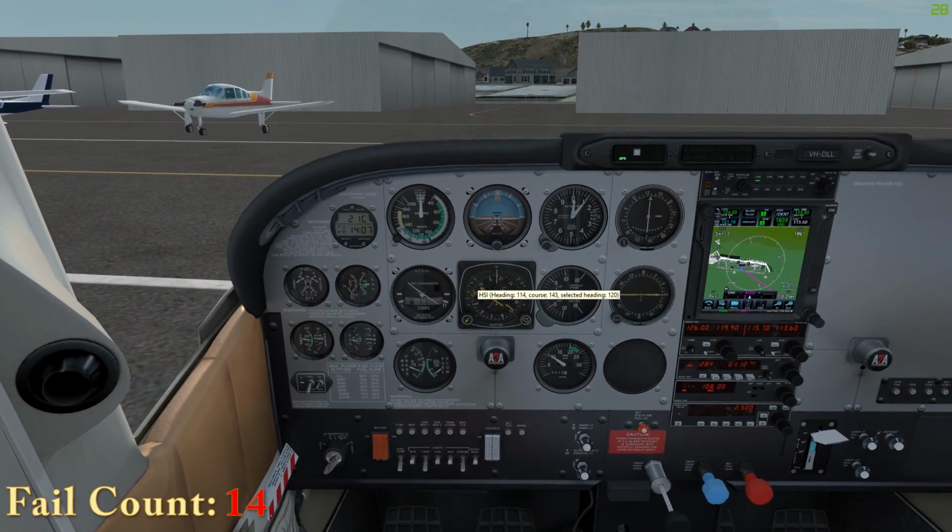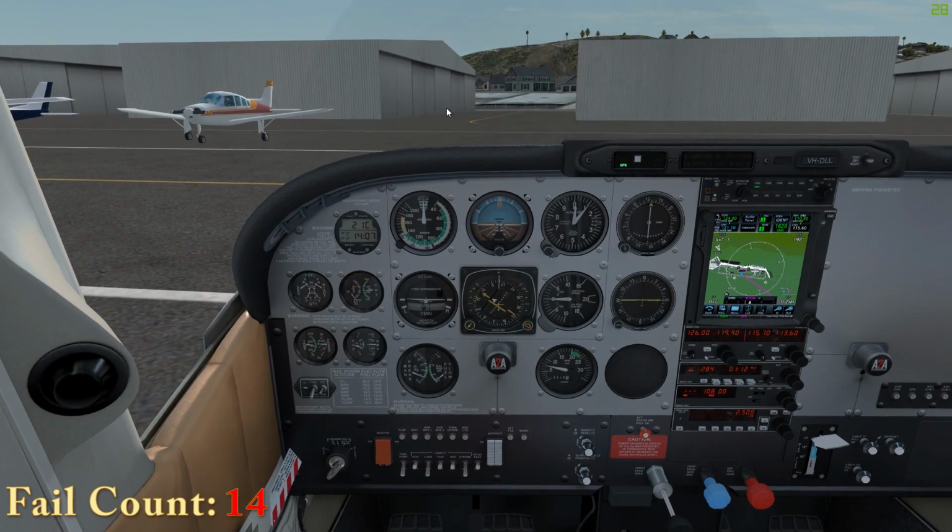Number 067, traffic 12 o'clock and 2 miles opposite direction, altimeter